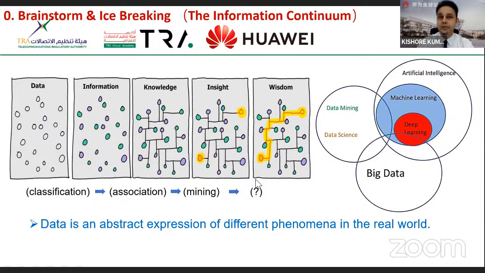All right. Now, once again, we saw how we want to go from data to insight. But if I ask this simple question, what is data? How do you define it? You might answer that data is information, text, audio, video, all sorts of data that we gather around us. Right, that's all true. But if I put it this way, data is the abstract representation of our real life phenomenon. Abstract representation. Would you agree?